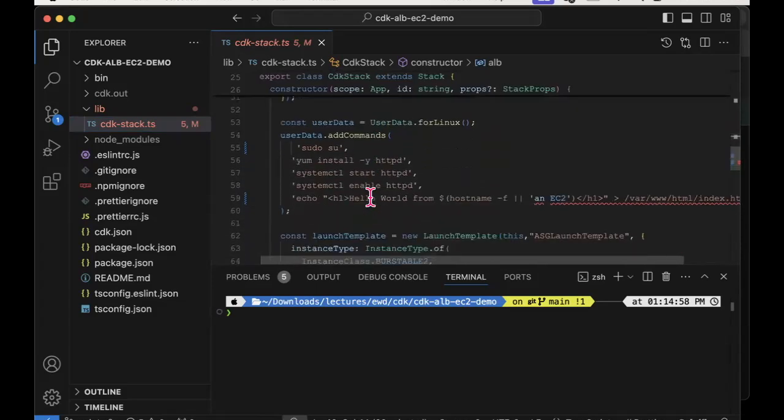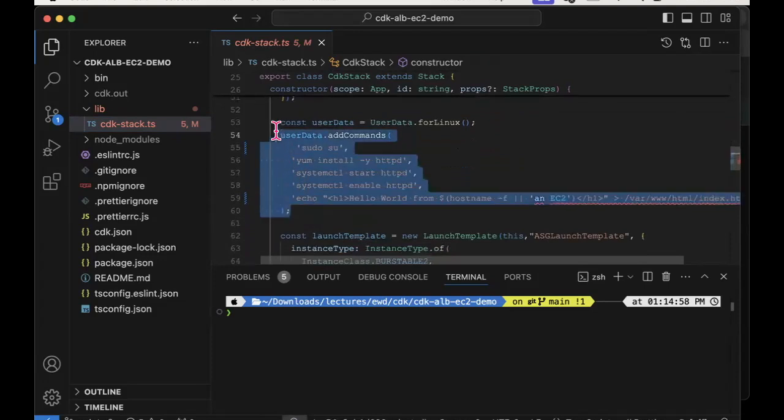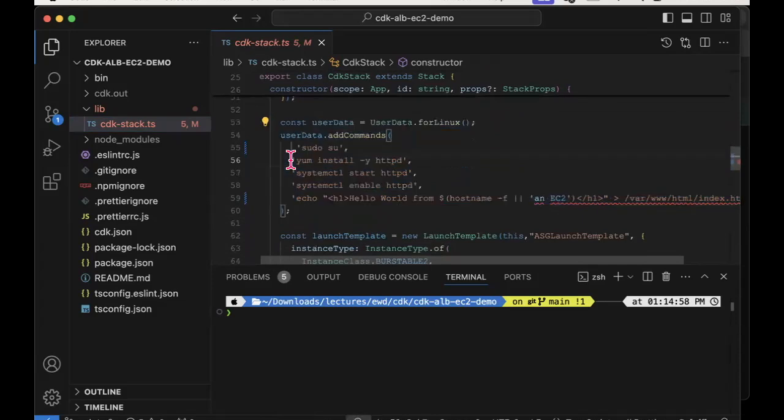This is a boot script for my EC2 instance. And so, for example, you'd see that I am installing the Apache web server. I am starting up that web server.